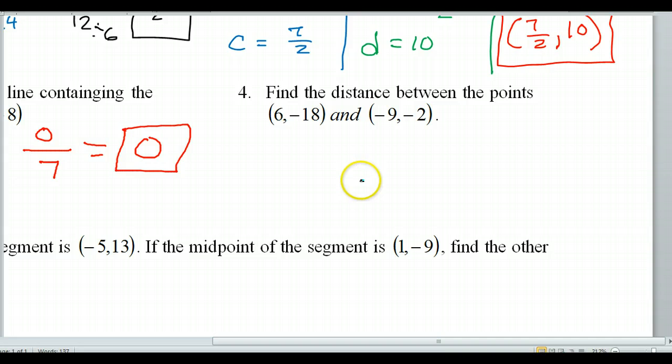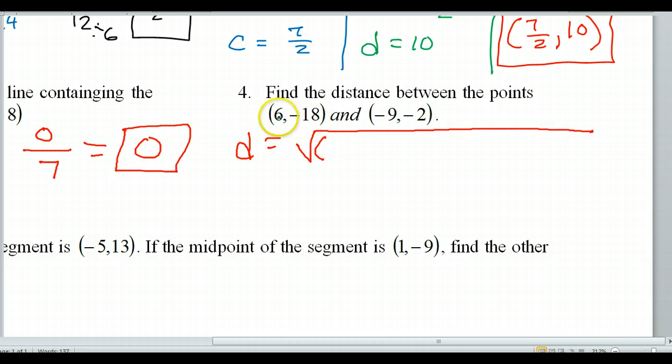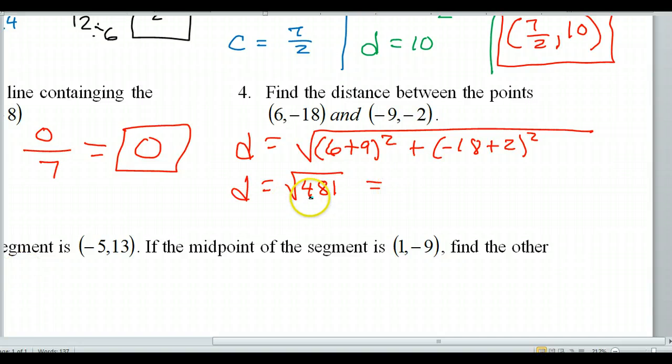Number 4, not slope, you'll notice. It's distance. So, of course, that means we're going to use the distance formula. So let's do that. So x minus x. So 6 plus 9, squared, plus negative 18 plus 2. Okay, so that gives us the square root of 481, which is the same thing as